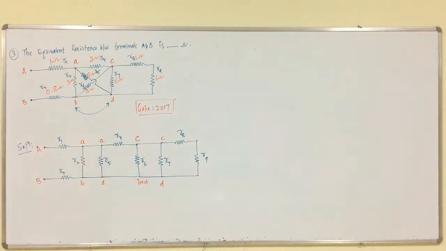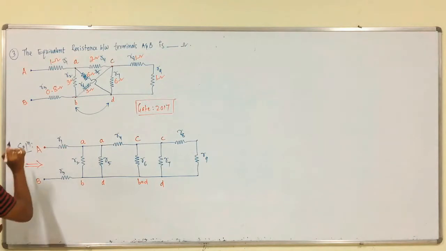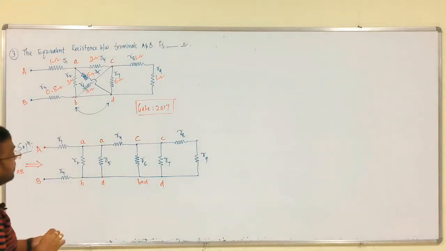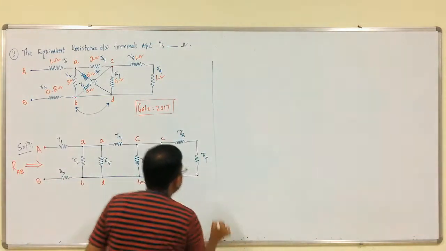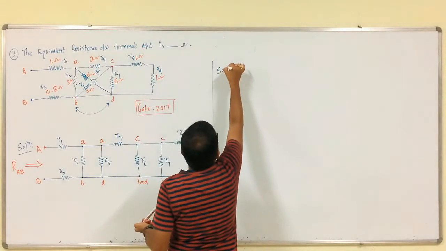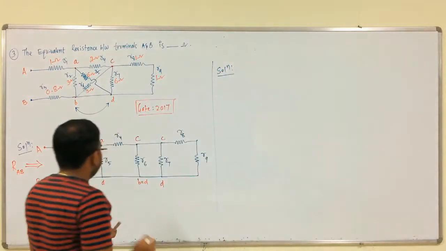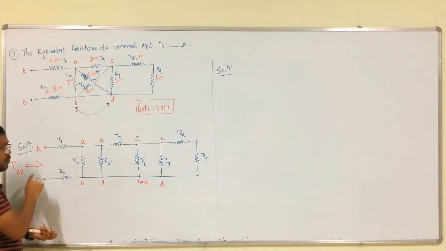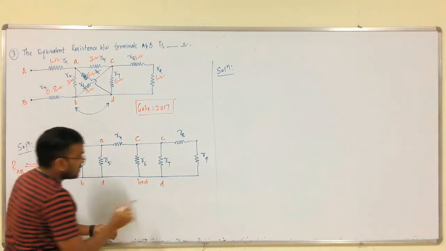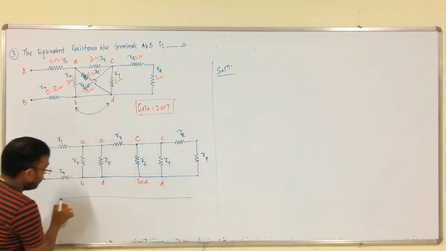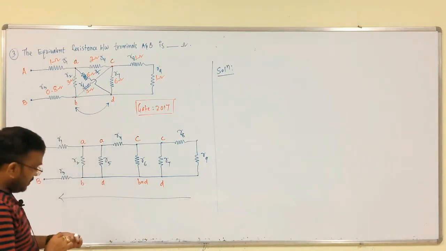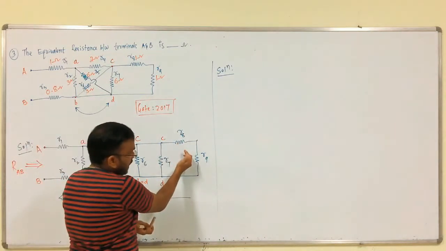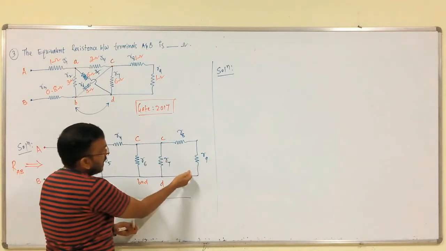From this you can calculate the value of the equivalent resistance, that is RAB between these two, very easy, right. Solution: we have to calculate the equivalent resistance between these source side terminals. Now, we have to reduce the circuit from load side to source side. So, first this side to this side, we have to reduce the circuit, right.